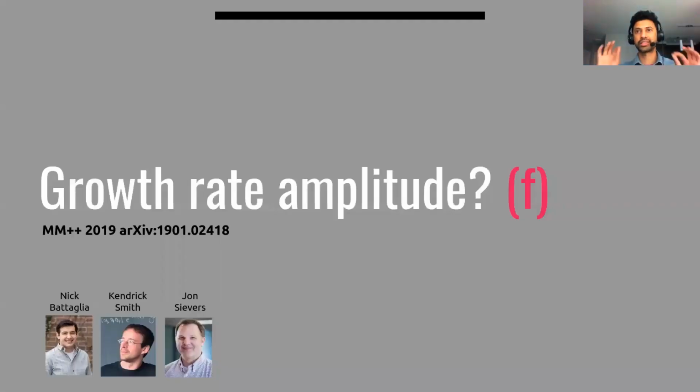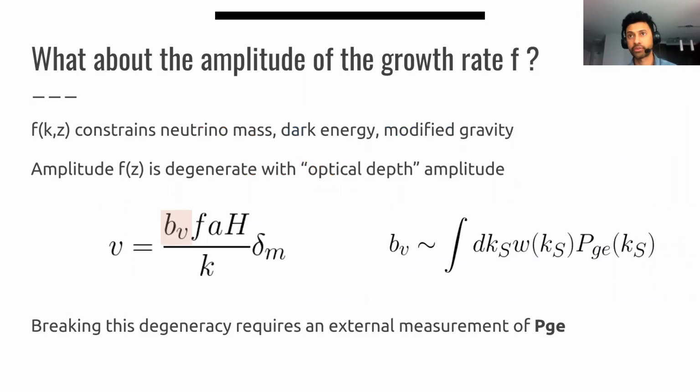But what if you were interested in the actual amplitude of the velocity field itself, right? So what do you need to do if you wanted to constrain the amplitude of the velocity field, which is proportional to the growth rate in the universe? This amplitude of the growth rate comes out as something that multiplies the underlying density modes when you look at the velocity reconstruction. That's going to be affected, as I said earlier, by things like the sum of neutrino masses, the dark energy equation of state, modified gravity. If you're marginalizing over this uncertain astrophysical optical depth, then you completely lose constraining power